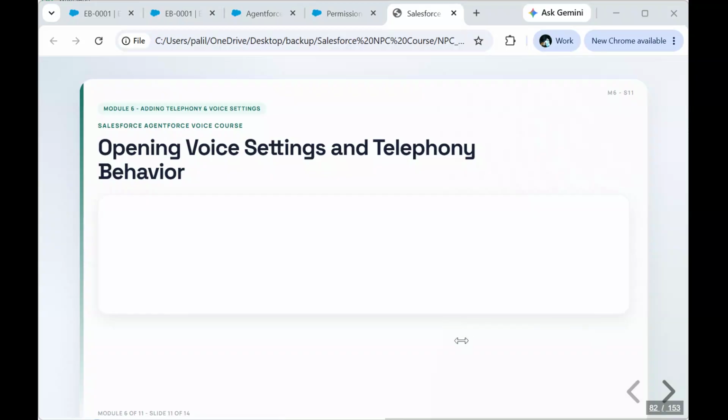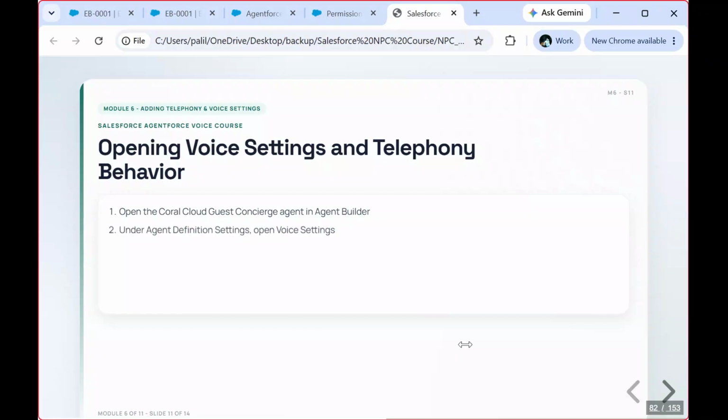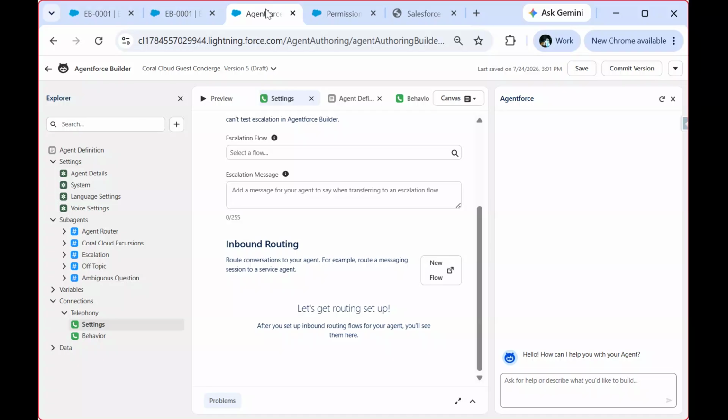Now let's anchor this to the current UI. Under definitions, we have voice setting. This is where we choose a persona, enter a preview message and click play to hear how the current voice sounds. You can also see the tuning controls: speed, similarity, stability, plus pronunciation. So if I go over here,